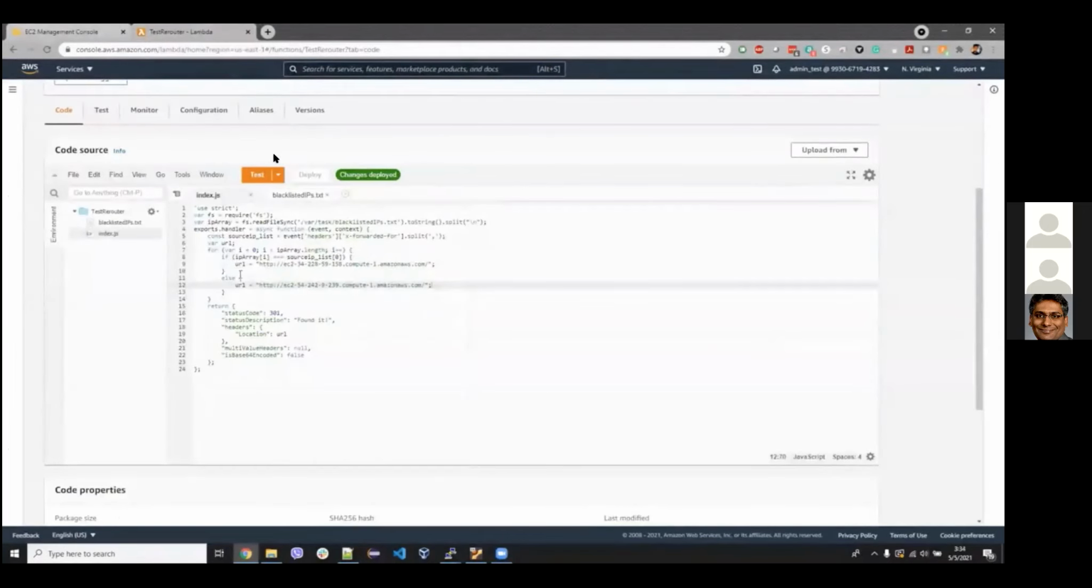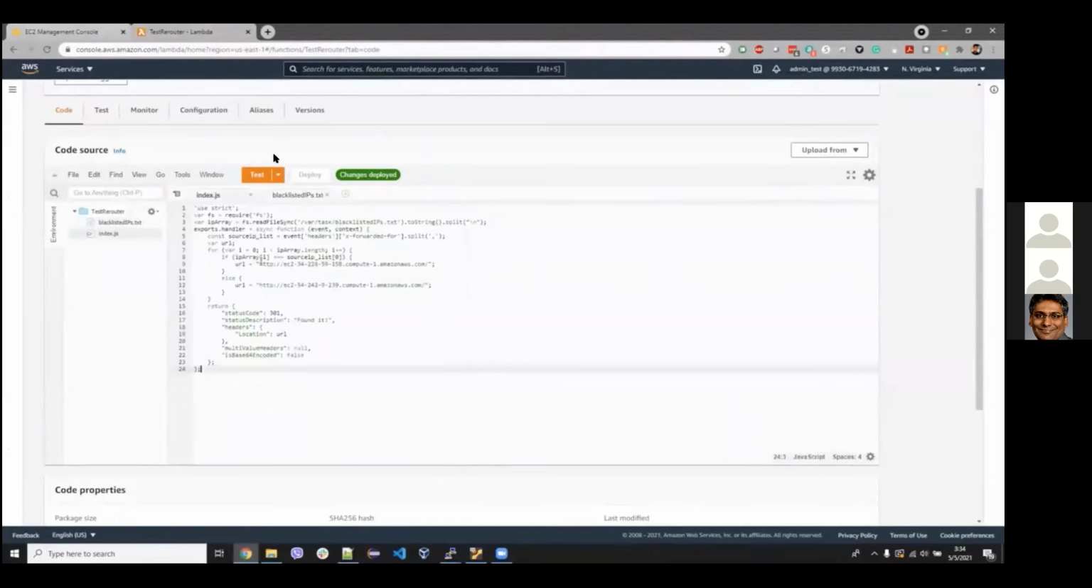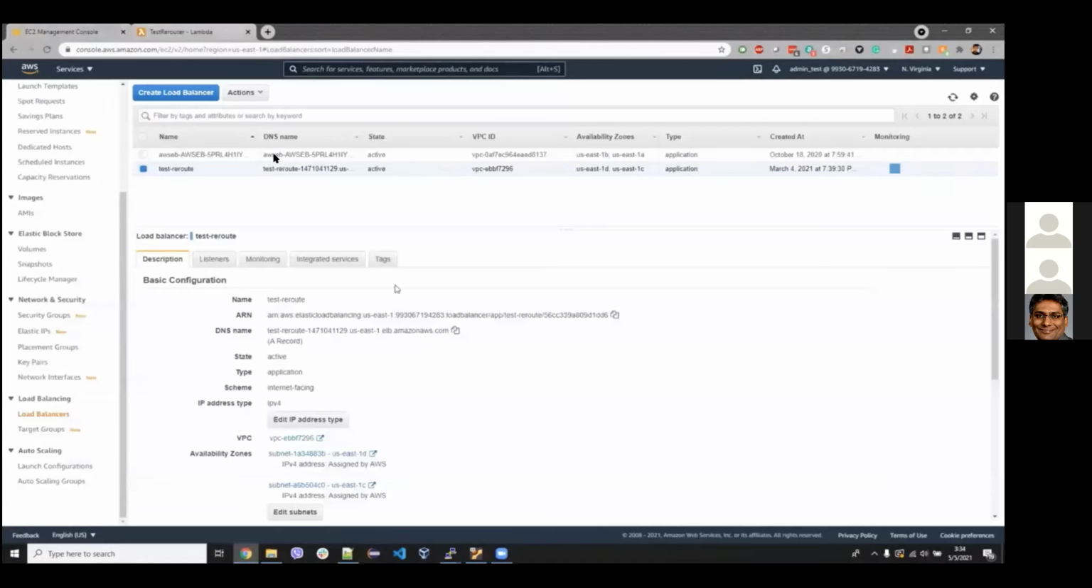There is this Lambda function where the logic resides. It uses the data that was logged from the attacker once it was detected, grabs the IP address, and places it in the blacklisted IPs, which is then used by the index or logic file, which will tell the load balancer to do the next step. I'm copying this load balancer